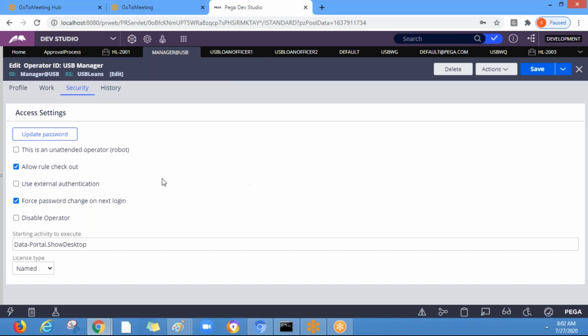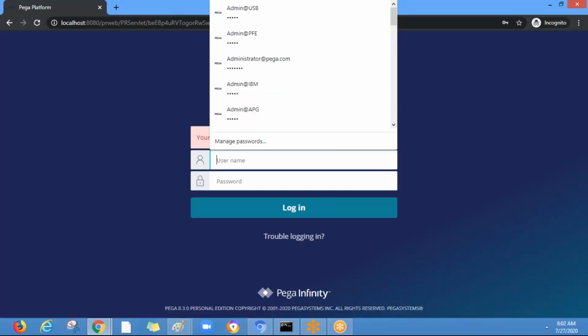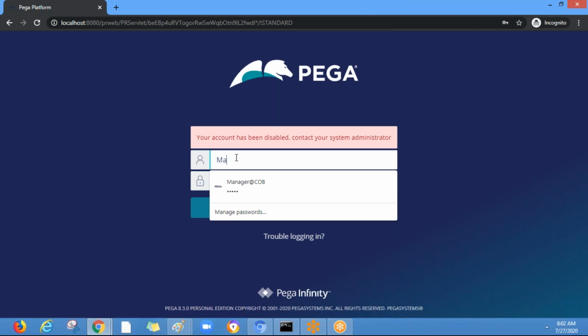When you move the code, by default the operators get disabled. As the admin, you need to enable these operators, and you can change the password and all. When you log in for the first time on the different machine, you need to change it.